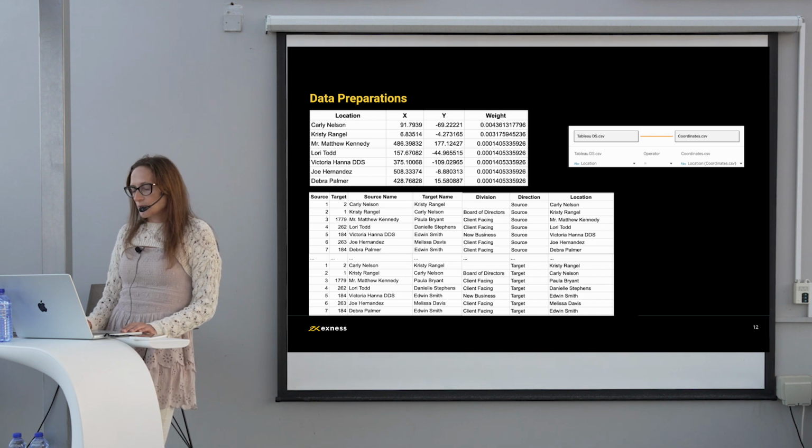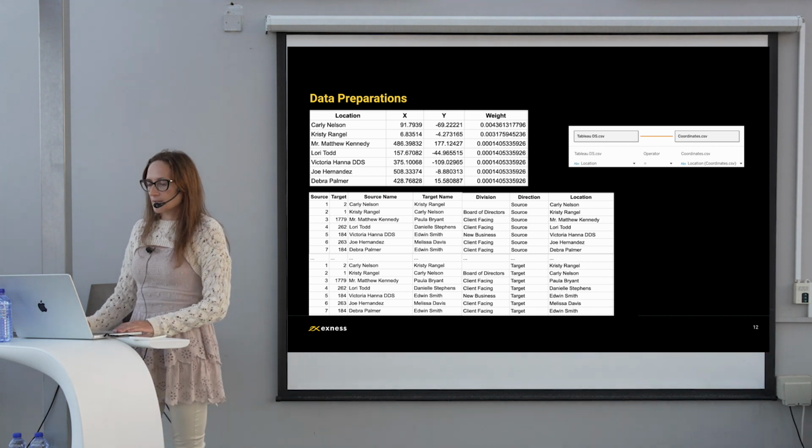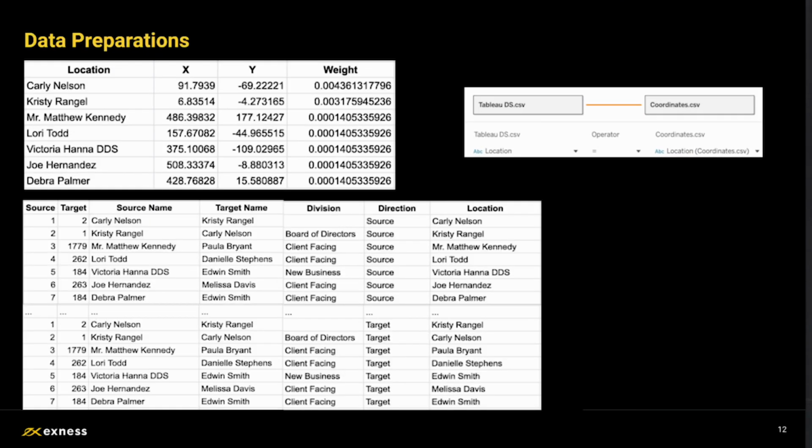So finally, we have two data sets. The first data set contains the employee, their X and Y coordinates, and weight. The second data set contains survey results.